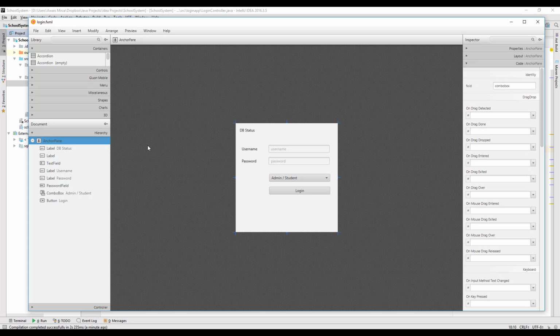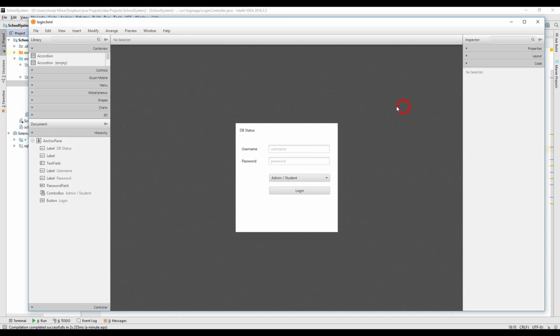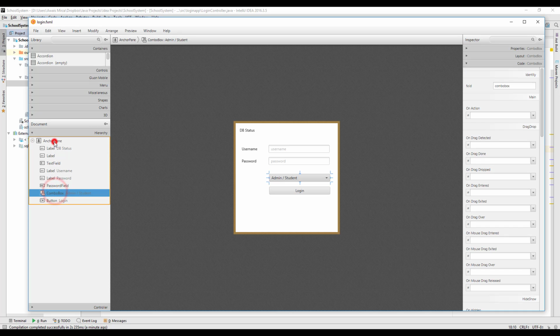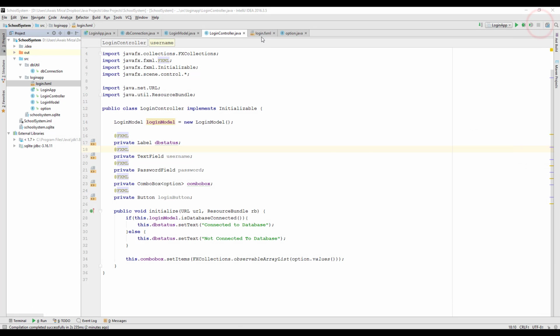Okay, so there's an issue here. We have the anchor pane ID set to combo box, and we have the combo box ID set to combo box as well. That's causing the problem. So you can change one of the IDs. We don't need an ID for the anchor pane, right? So we can delete it from here, or we can go to the FXML